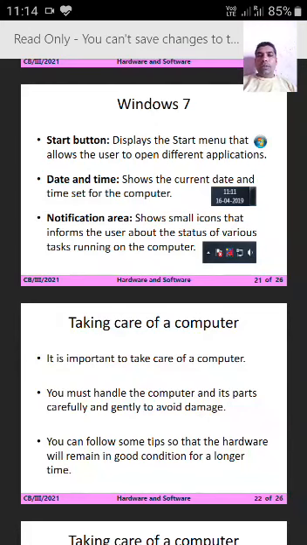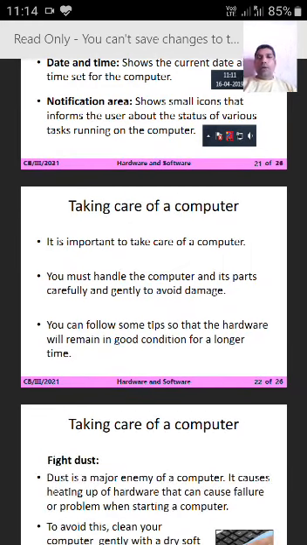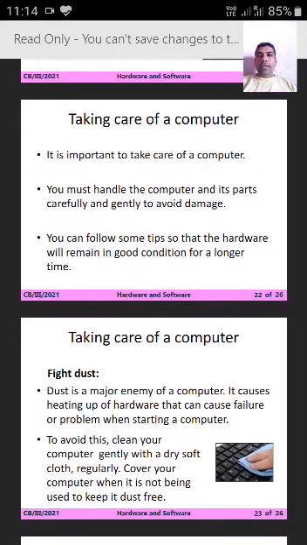It displays the start menu that allows the user to open different applications. Second, date and time. It shows the current date and time set for the computer. Third, notification area. It shows small icons that inform the user about the status of various tasks running on the computer.